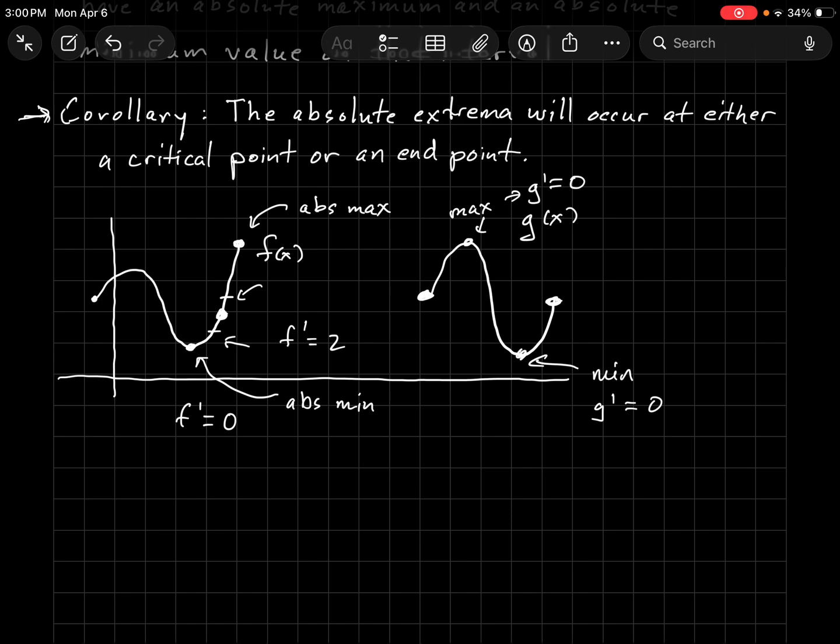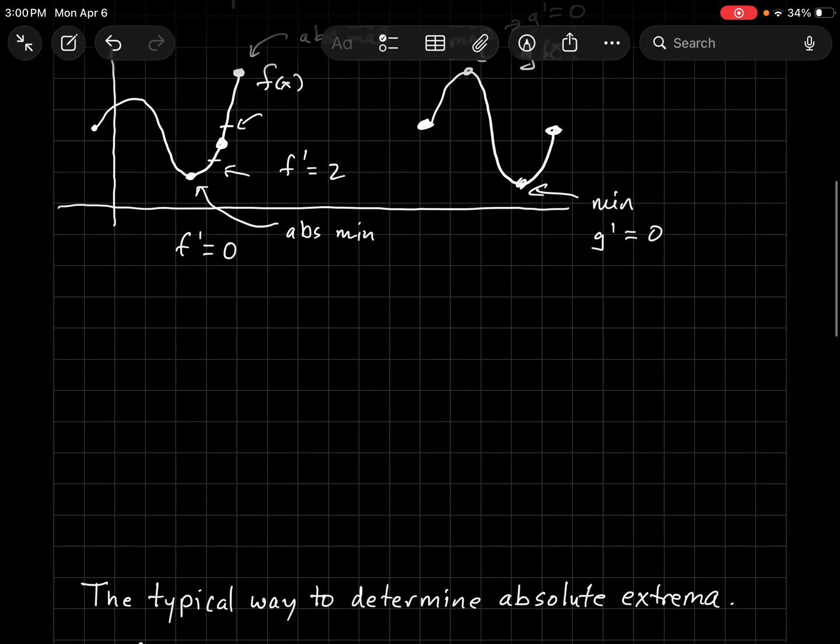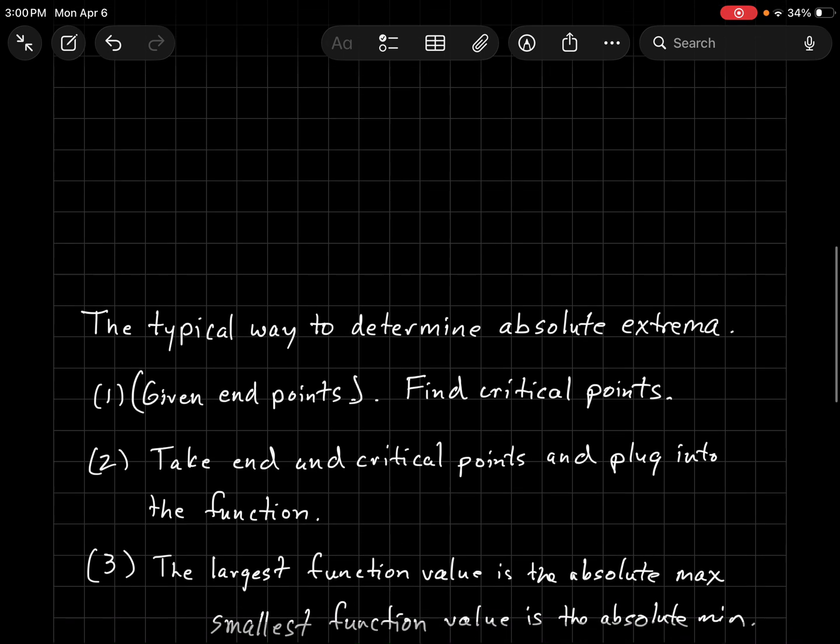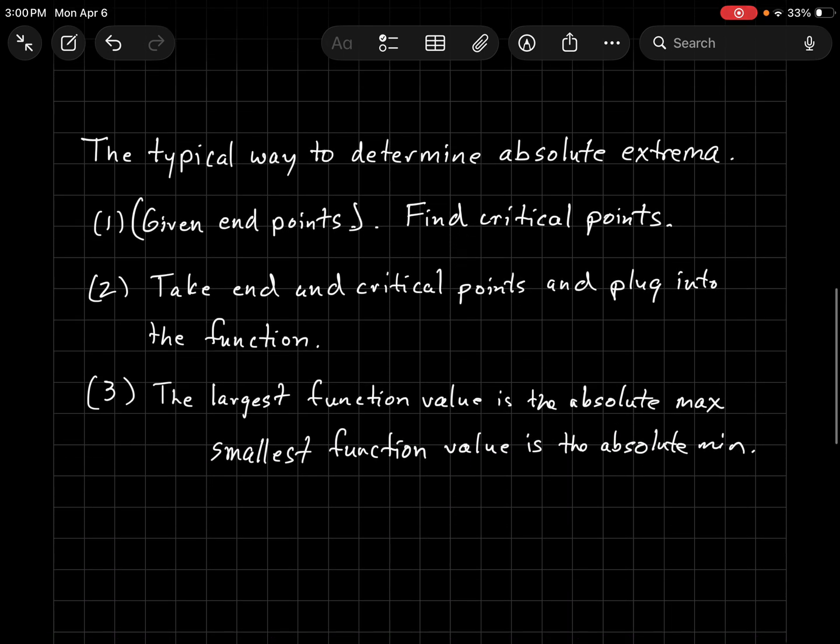So I want to start by showing you the typical way that we determine absolute extrema. By far the most common way, but not the only way. And we follow this process. We're given the endpoints, generally speaking. So the first thing we want to do is find our critical points. Why do we want to find the critical points and know the endpoints? Because those are the only places where the function can have the highest and the lowest values, the absolute max